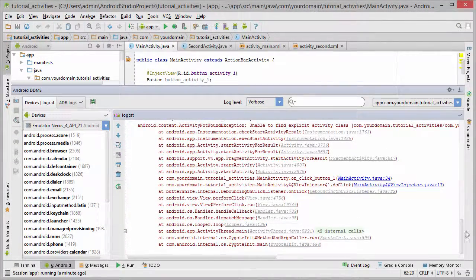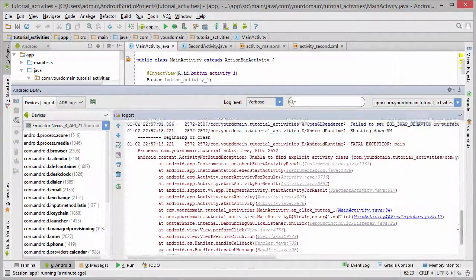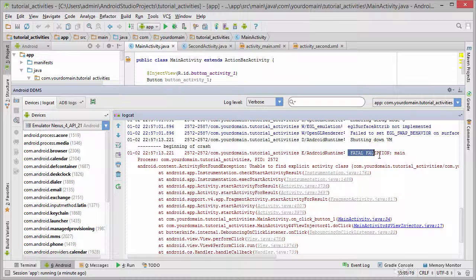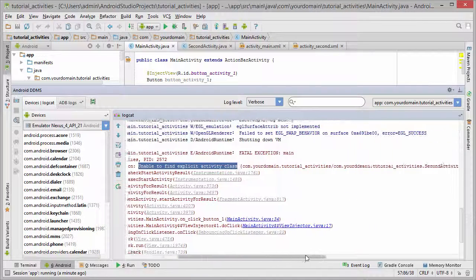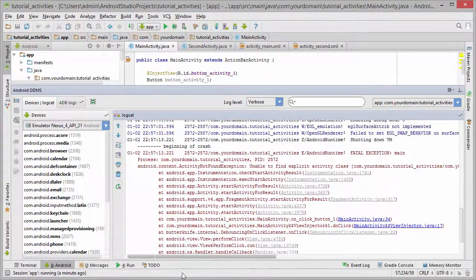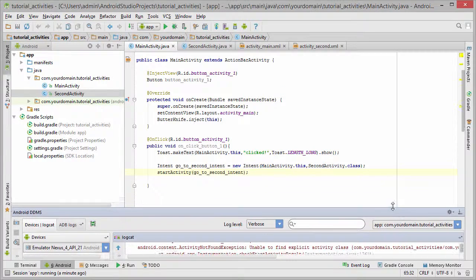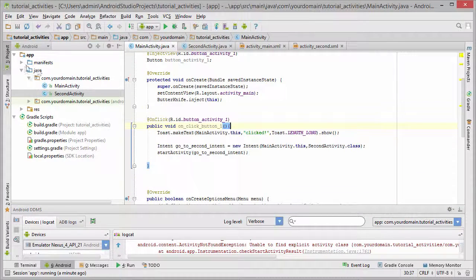and here in the log you see something appearing in red, and it says fatal exception main process blah blah blah, activity not found, unable to find explicit activity class, and it even says, have you declared this activity in your Android manifest XML? So it seems like we have to declare every activity in the XML. Let's open the XML,